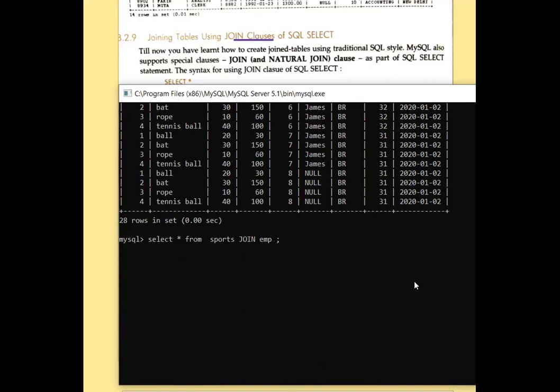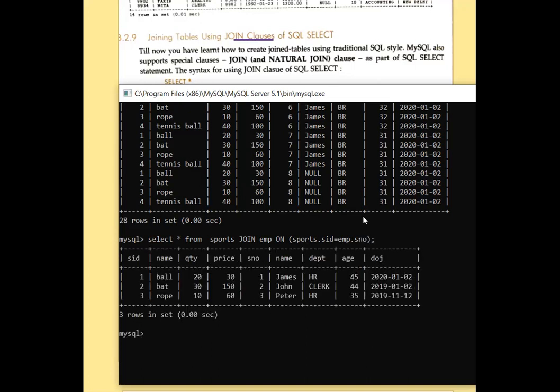Then after this, it was given that we can write on, and then after on we have to write the condition part. Condition is sports dot SID is equal to EMP dot serial number. You can see we are getting the answer.